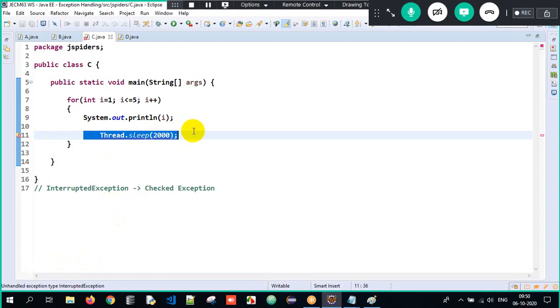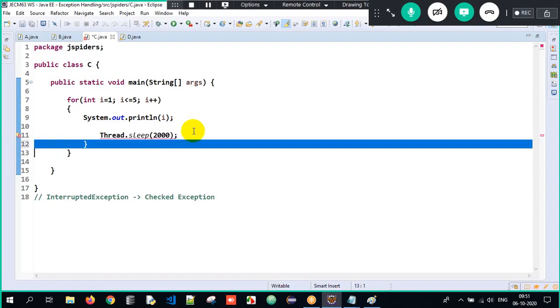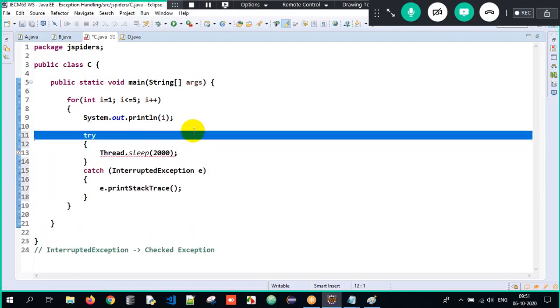There might be some person who might come and disturb. One guy is sleeping, and there is a possibility someone might come and disturb. So the compiler already knows it. When I use Thread.sleep(2000), there might be someone who might come and interrupt. That's the reason the compiler is forcing us to handle it immediately. So that's the reason we have to handle an exception.